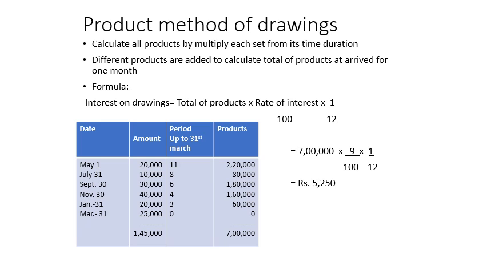So how do we calculate the interest on drawings? Now come to the formula. The interest on drawings is calculated from the total of products, the sum of products, which is 7 lakh here, and the rate of interest, which is generally mentioned, like 10%, 9%, or 12%. We are supposing 9% here. The average of 1 month is calculated, and no other time period is applied, so we multiply by 1 upon 12. The result will be 5,250. So you may observe this is the formula.